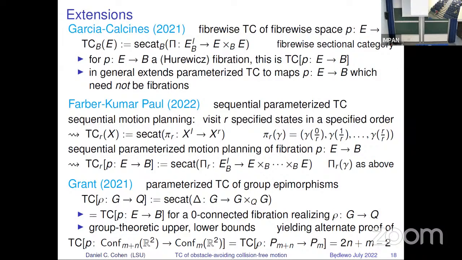From the eyes of group theory, what we're thinking about here is the topological complexity of the forgetful homomorphism from a large pure braid group to a small one, where you forget a certain number of strings. Okay, maybe one more in the last couple minutes,